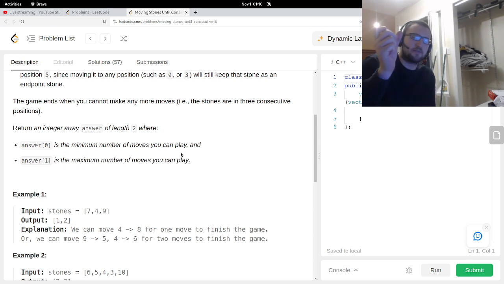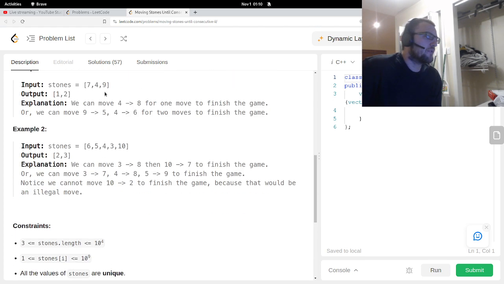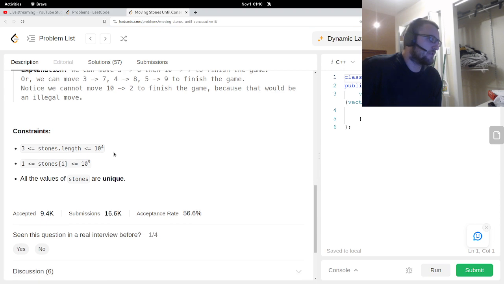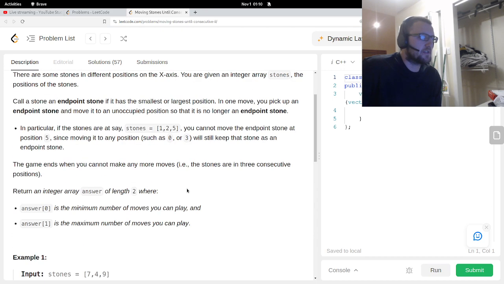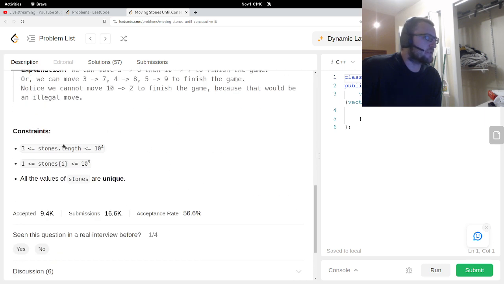Basically binary search for the smallest number of moves that'll win, and then also search for the largest number of moves that can win. All of those options are not obvious to me as to how to solve this. But I think those are the only realistic possibilities, because